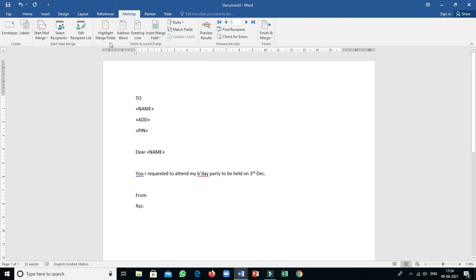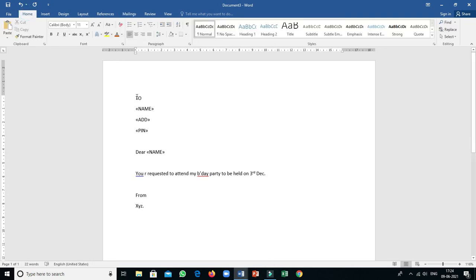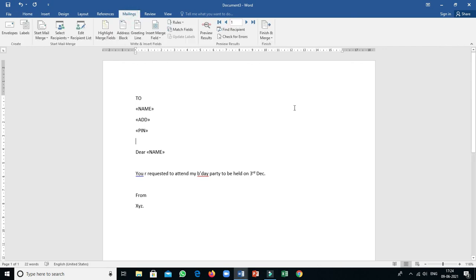You can design the letter depending upon your coloring format. You can go to the Home tab, select the data and change the color. Okay, so in my Mailings option, first you have to select recipients, then you have to go for Insert Merge Field, then you have to go for the Finish and Merge option. Before I click Finish and Merge, I have to save this file. Okay, so this is my letter file.